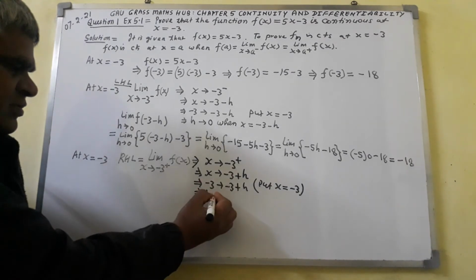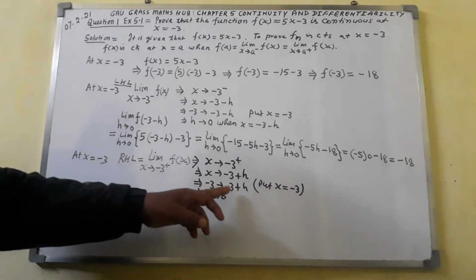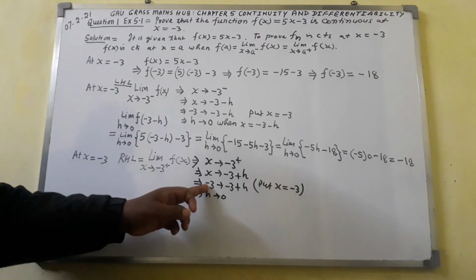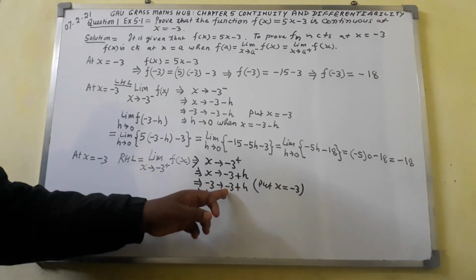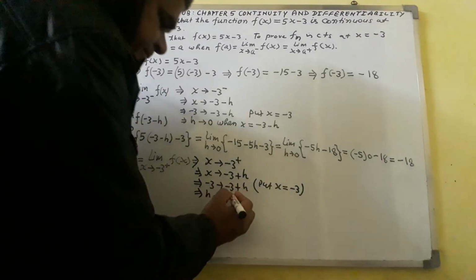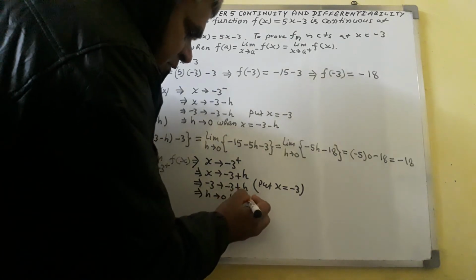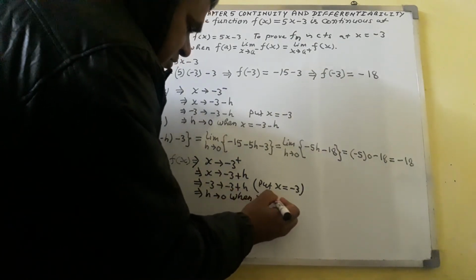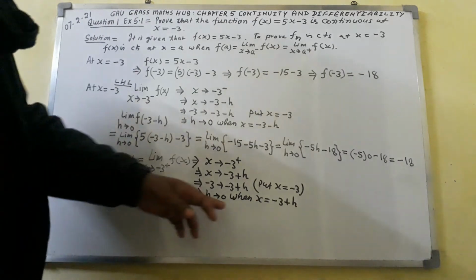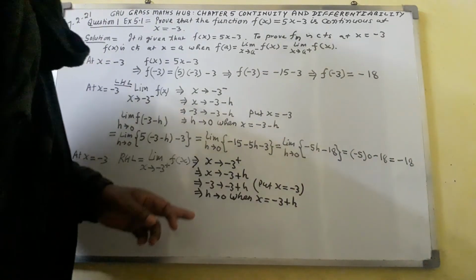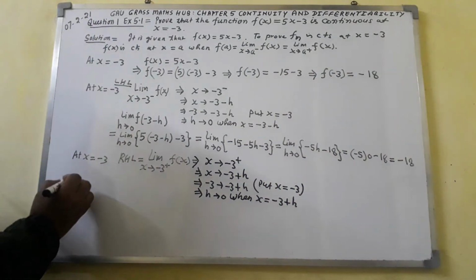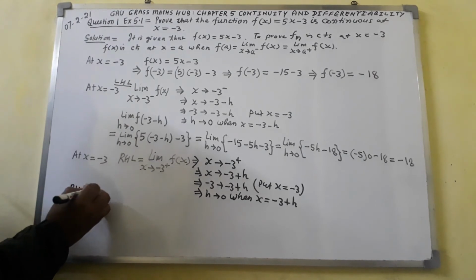h tends 0. Since minus 3 is there in right hand side, this minus 3 will move back to right hand side. So here it will become minus 3 plus 3 comes out to here 0. When x equal to minus 3 plus h, then h tends 0 it will become. So here I shall write RHL equal to